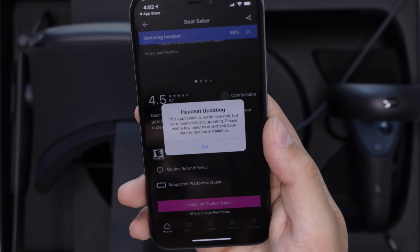Yeah, so I'm gonna just buy that right now, see how easy it is. I'm gonna click purchase. It's already connected to my PayPal. It's asking me for my Oculus PIN. I got it wrong. All right, so now after you click buy and you buy it, which is pretty straightforward,